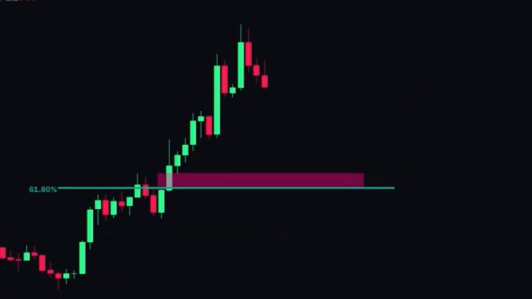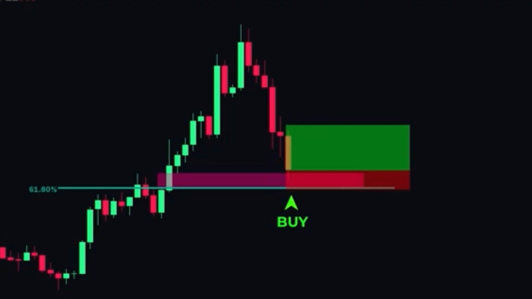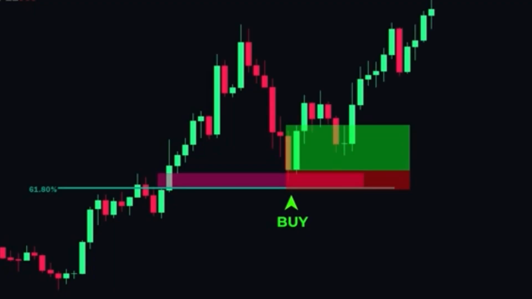Advanced strategy number 2. In this strategy, we're using fair value gaps in combination with the Fibonacci retracement tool. If you don't already know, Fibonacci retracement is a popular tool that uses horizontal lines to show areas of potential support or resistance. In this strategy, the 61.8% level on the Fibonacci tool, also known as the golden zone,